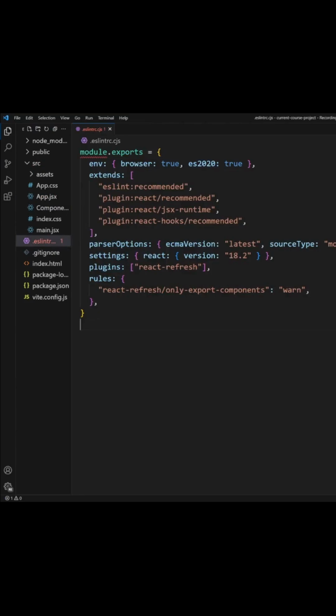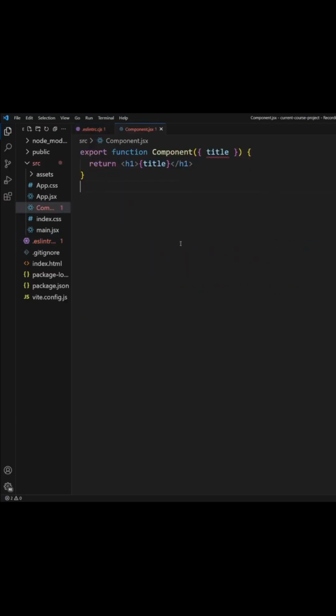Now, the one problem with ESLint is oftentimes it's a little bit too strict and it adds in extra rules that you maybe don't want, because by default, Vite has all of these different rules that it adds in, a bunch of different rules around React, and then just normal ESLint rules. But some of these rules, like I said, you may not want. One of those rules in particular, which I'm going to recommend that you actually disable, if we open up this component here, I know we haven't really talked much about components, but you're noticing I'm getting a little bit of a red underline. If I hover over this, you can see it says title is missing in prop validation,